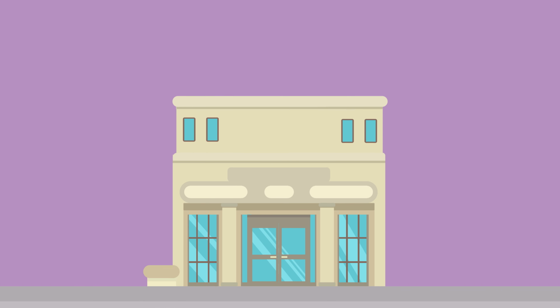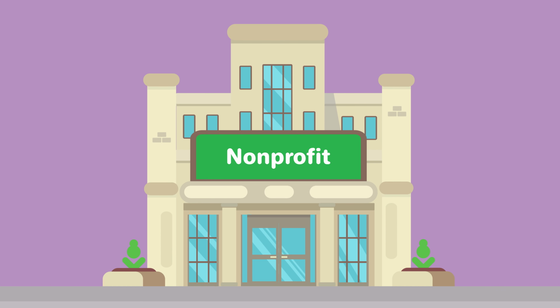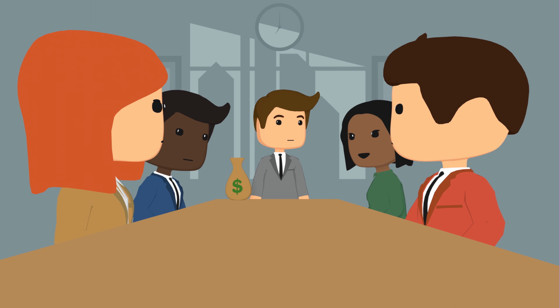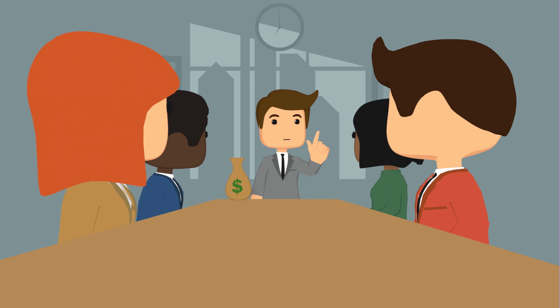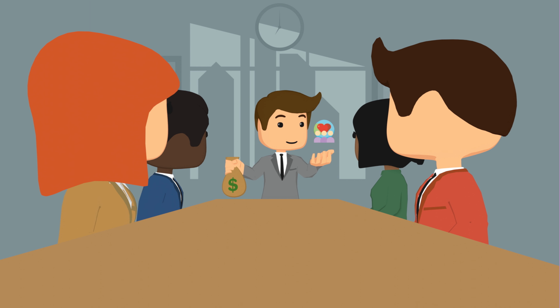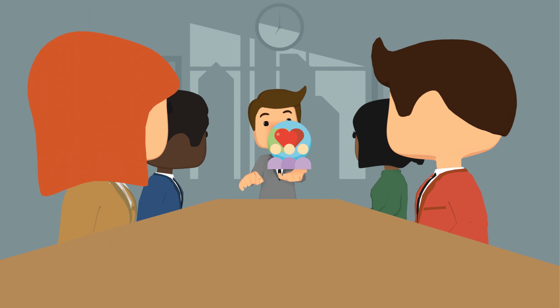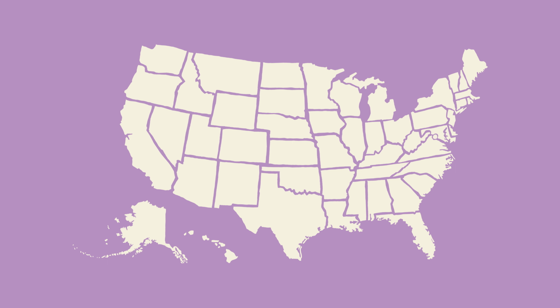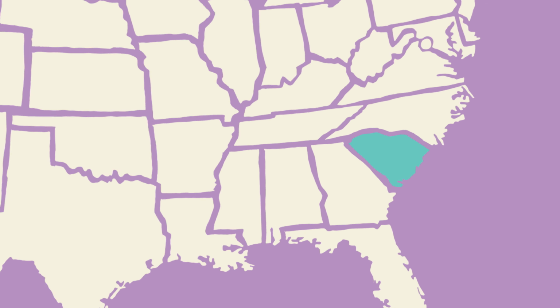How to form a 501c3 nonprofit corporation. A nonprofit corporation is purpose-driven, a company whose goal is not to make profit for themselves. Typically, they are an organization that wants to make money in order to help further a social cause or provide a public benefit. Let's get you started on the right path to forming a nonprofit corporation in South Carolina.